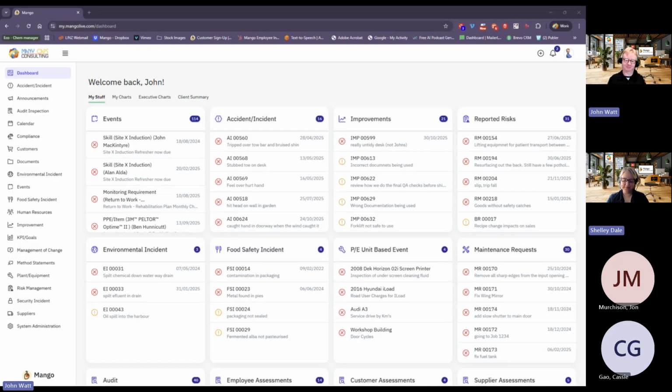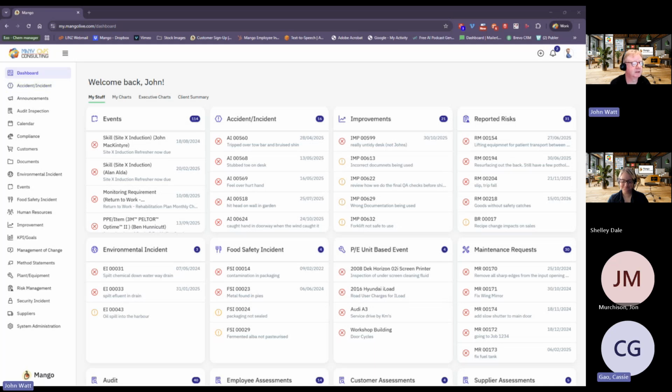It's an area that we're working on. So Mango comes out of the box with everything included. All of these modules down here that you see, you get access to all of those modules right away. This is the default system, and you can switch each module on and off. When we're helping you set it up, we will tend to go through a couple of modules at a time with you and get them set up and switch them on, and then go through the next one, so that it doesn't become a big, oh my god, look at all this stuff I have to figure out.